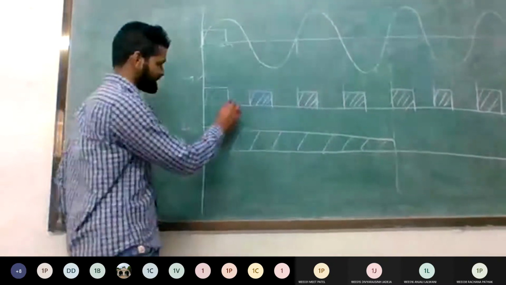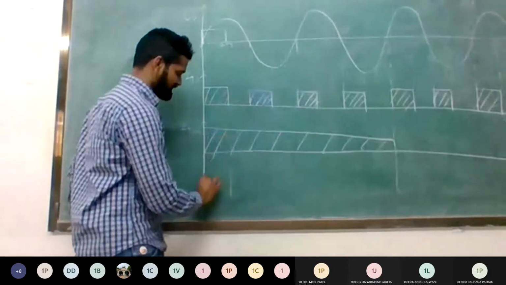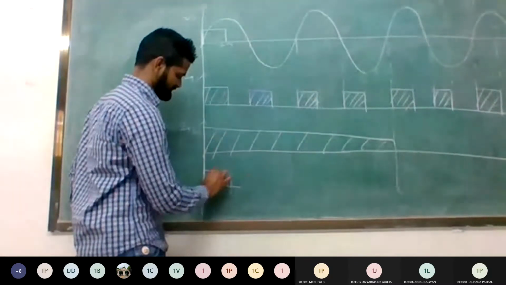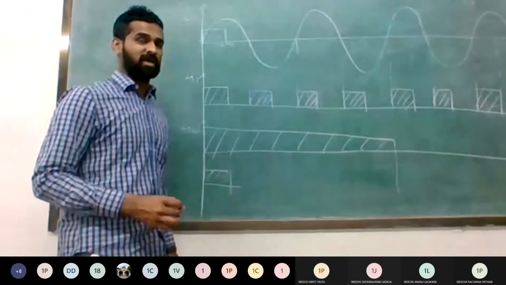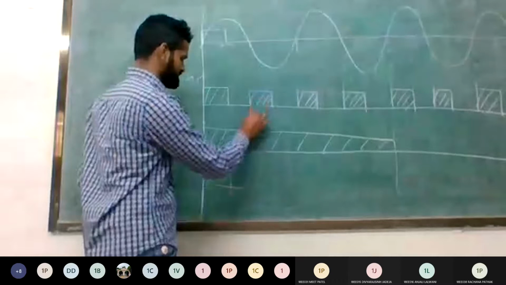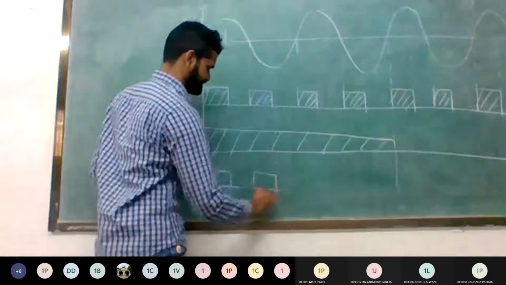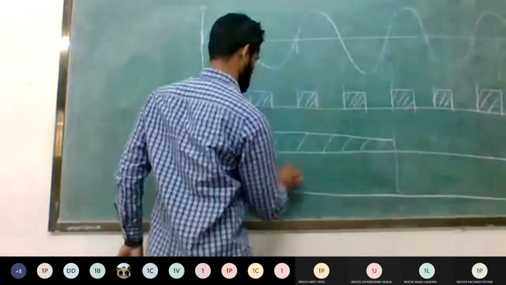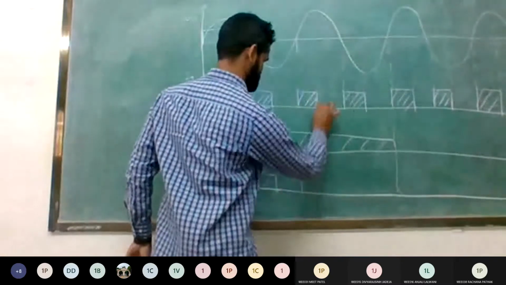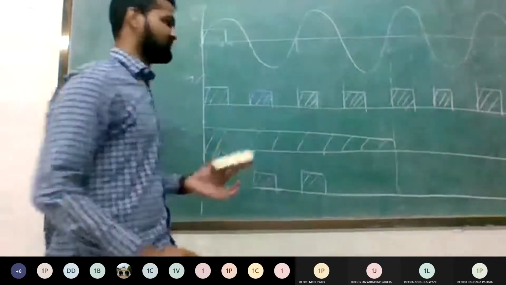So you can check this here, between 0 to 5 milliseconds only you get the gate pulse continuously. So that generates the gate pulse for the positive thyristor this time. Same way here for this time. Same way here for the negative. It means it is the same as IG1.